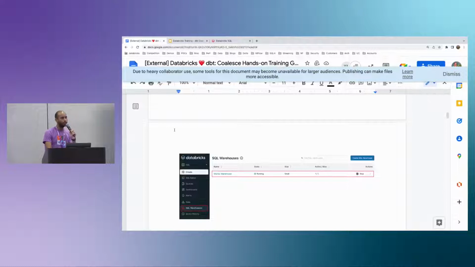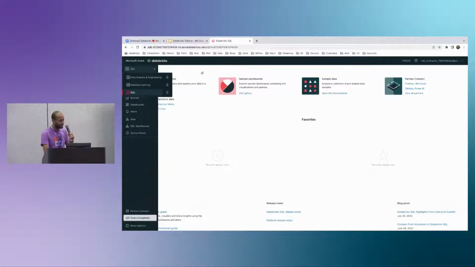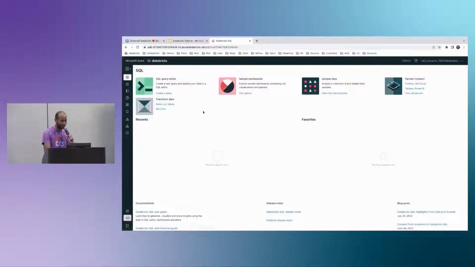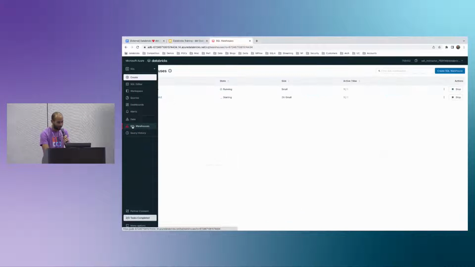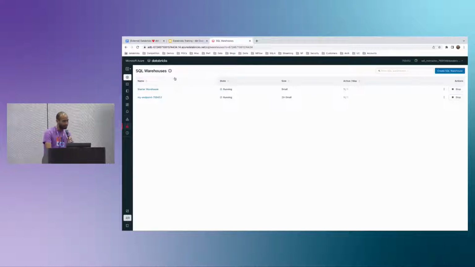All right, while you're waiting for those to provision, there is a step we can take that also takes some time. So for those that have a workspace, if you can navigate to the SQL tab here, and then click on SQL warehouses, as you see here in this left-hand nav bar, you should see a warehouse called,